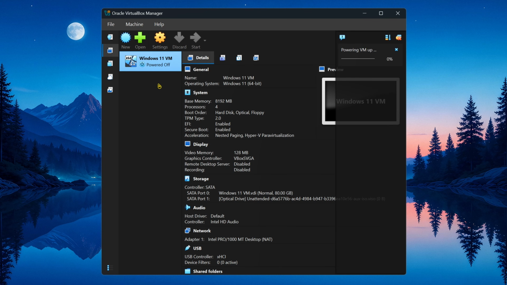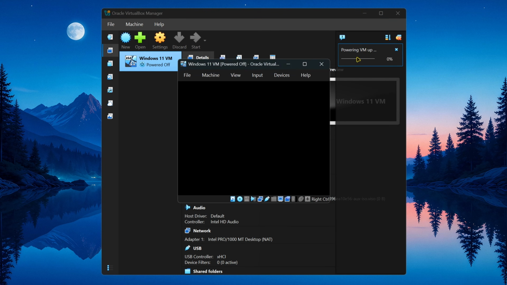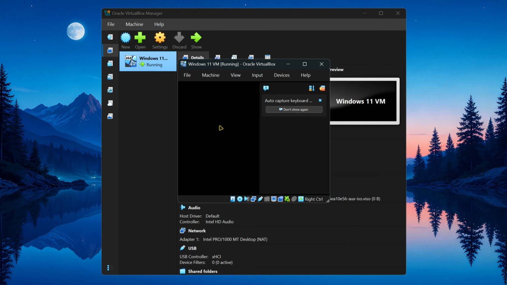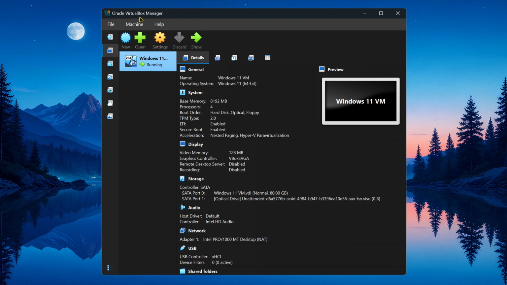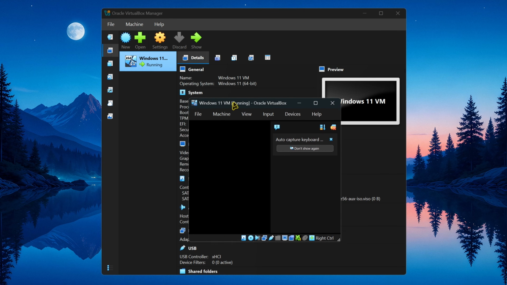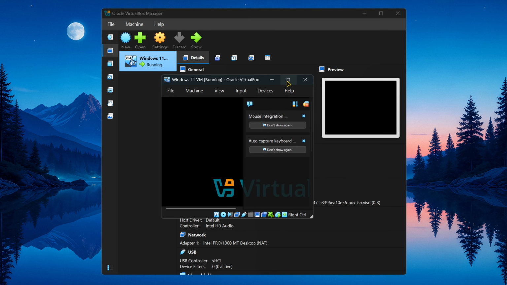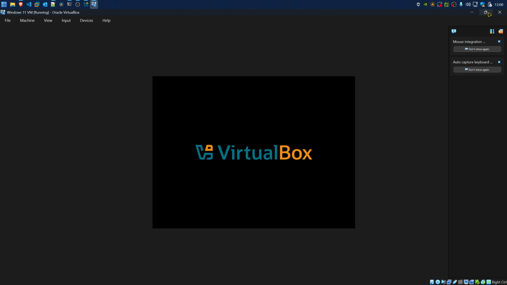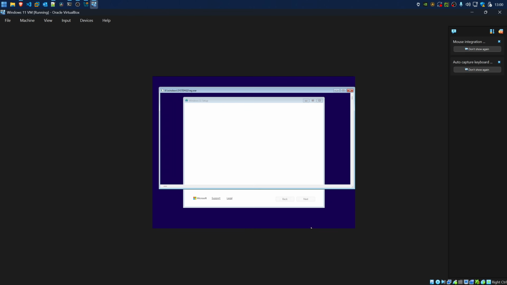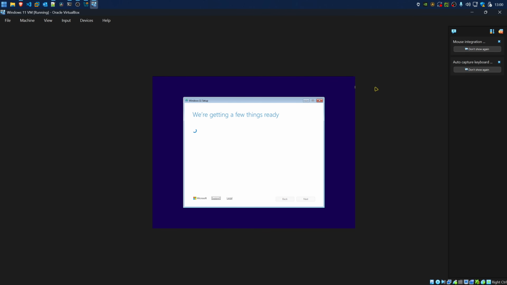And the moment we click on Finish, it automatically starts the virtual machine in this window right here. The window at the back is the VirtualBox Manager, and this one in front is the actual virtual machine. Our new PC booting up for the very first time. You'll notice it's running in the small square window, and it stays like that until we install the guest editions. So don't worry about that for now, but have a look at what it's doing.